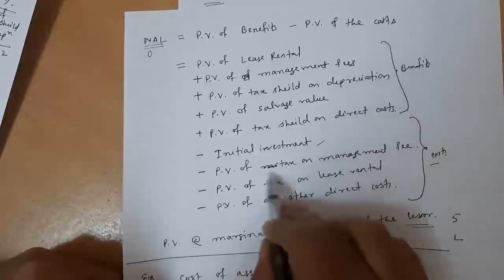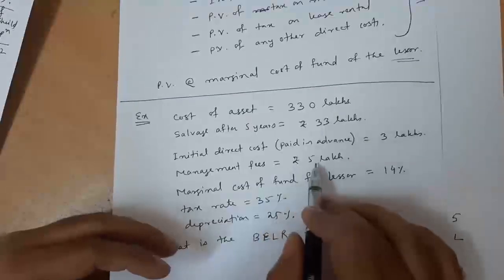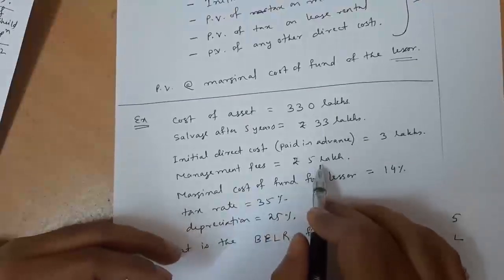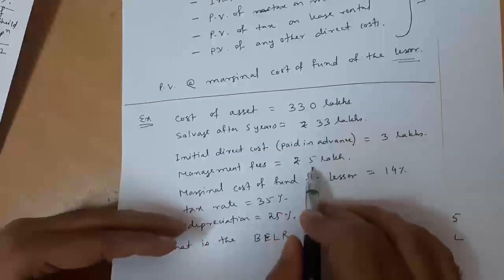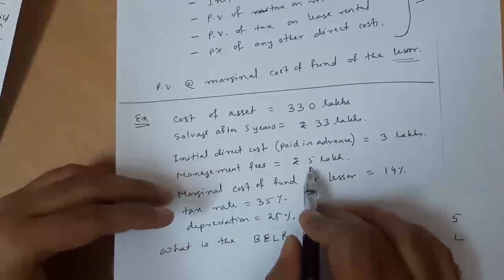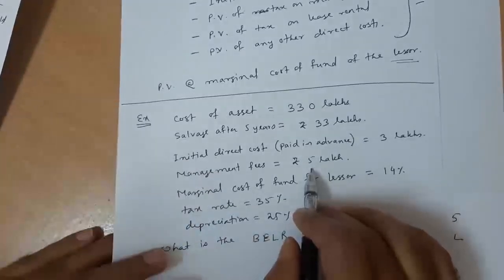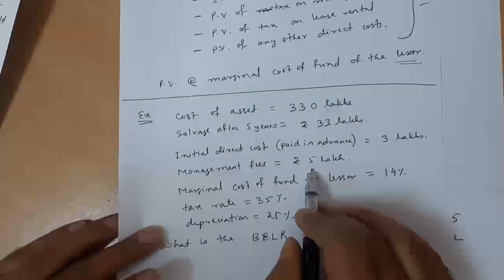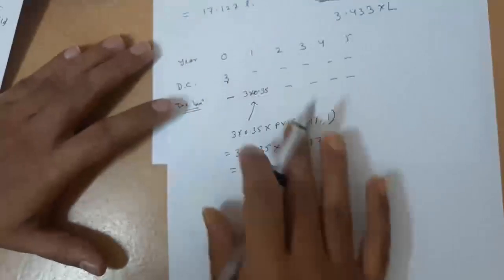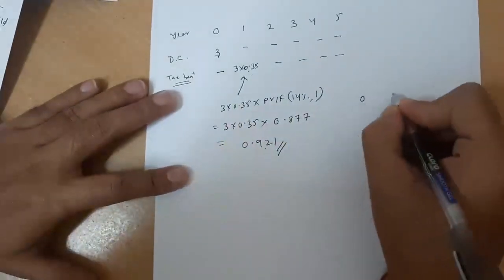The management fee which you are paying is 5 lakhs. You are paying it when? You are paying it in the starting only, on the 0 year. So for this you will have some tax. What will be the present value of the tax on the management fees? It is the same as your direct expense. Here also, if you look at the year,